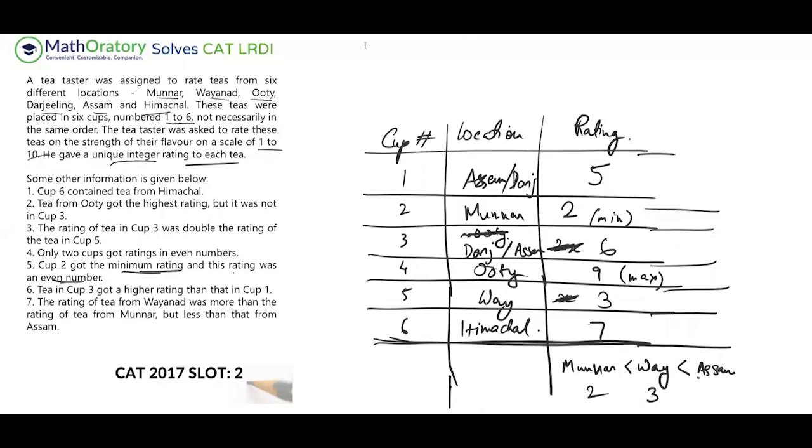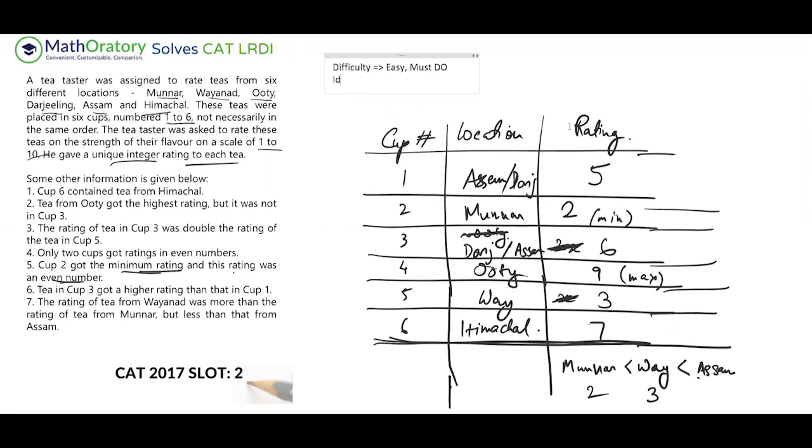So in terms of difficulty level, I would definitely say that this was a very easy set. It hardly took me any time to solve this particular set, so I wrote it easy twice. Hardly it took me any time to solve it in the actual paper. So difficulty was easy. It's a definitely must-do set. Not only easy, it's a must-do one. You should be able to identify this, I hope, because if you don't scan properly, then these kind of things might happen. That is the last set and you're not identifying it. So you should be able to scan properly and identify the set. So it's a must-do set.